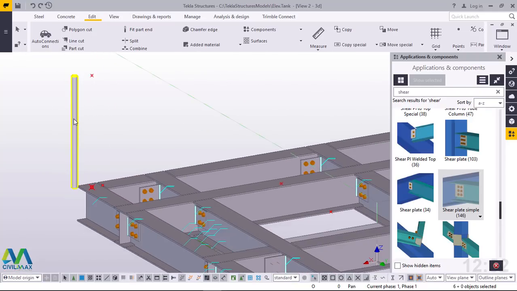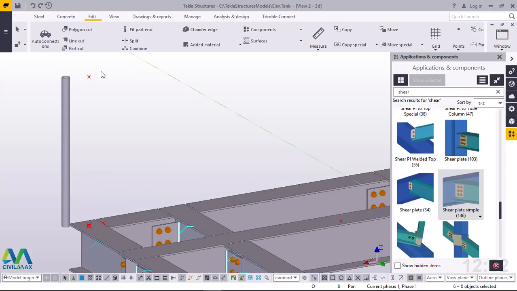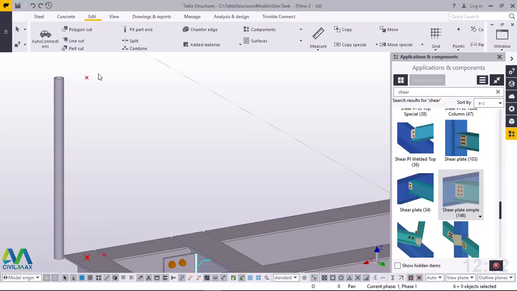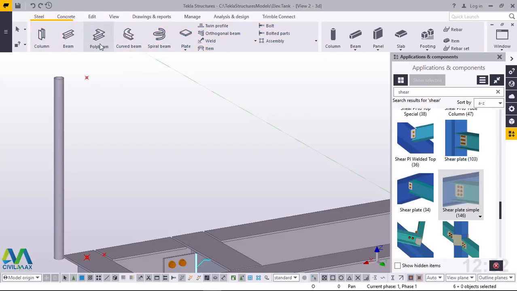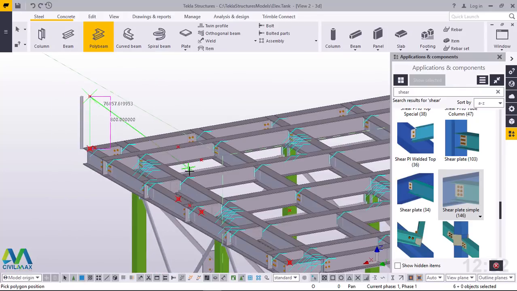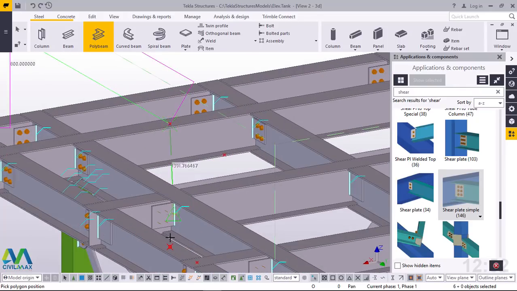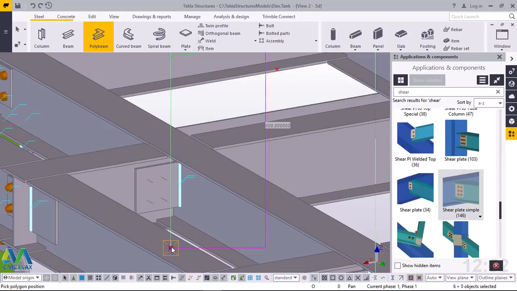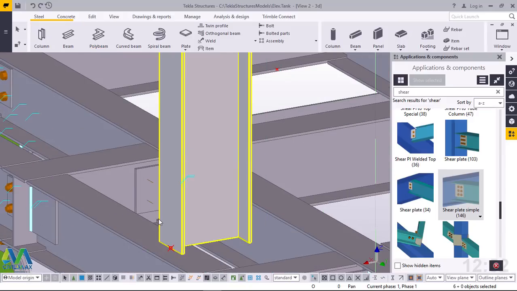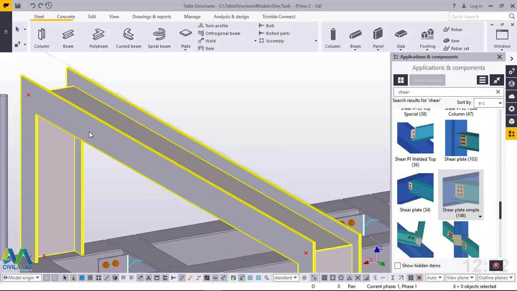Now we'll delete this. First of all, we want to default on this size of steel profile, but even without double clicking and clicking modify to default on it, we'll just go ahead and use another route. We'll come to polybeam here, and I will snap on that spot, and go all the way to this end, snap there, and snap on this spot, and we'll press our middle button on the mouse, and this has been created. We'll double click on it